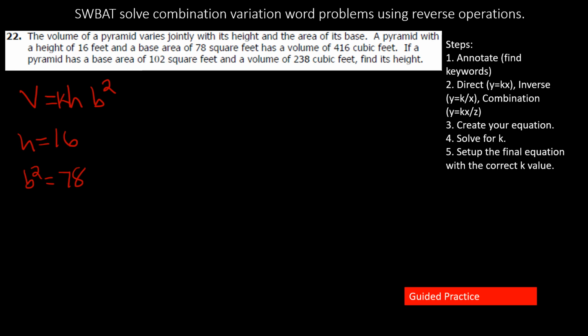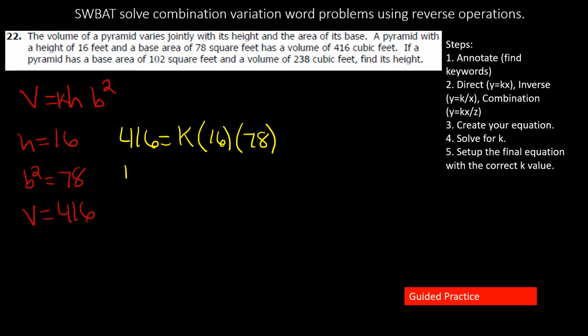And so we want to figure all this out here. There is some kind of constant of variation. And so we're going to take all this information. And they're telling us here that the volume itself is 416. So when we're doing this, we're going to set this up as 416 equals our k value times 16 times 78. Okay. And so when we start simplifying this out, we'll get 416 is equal to k times 16 times 78